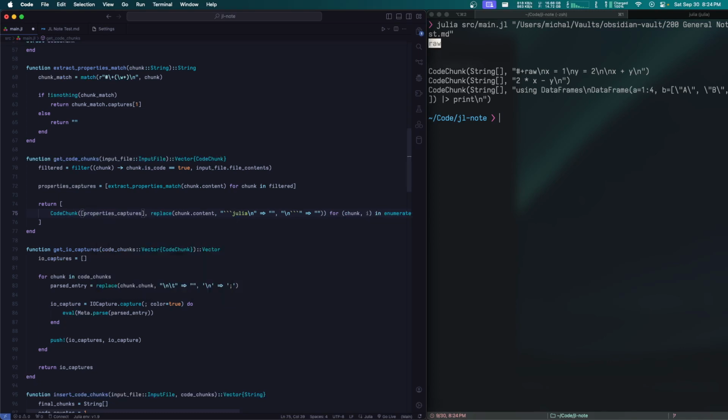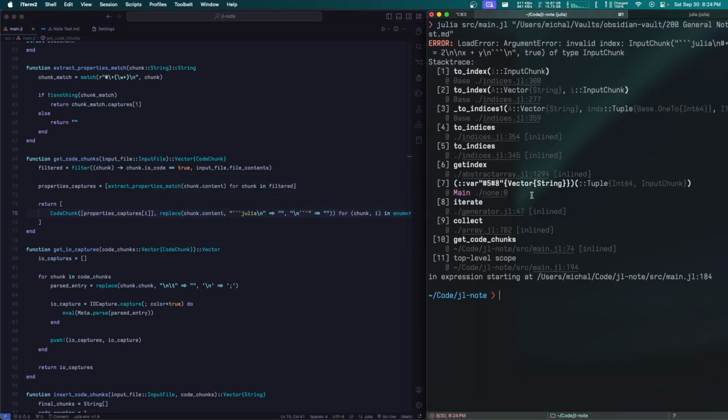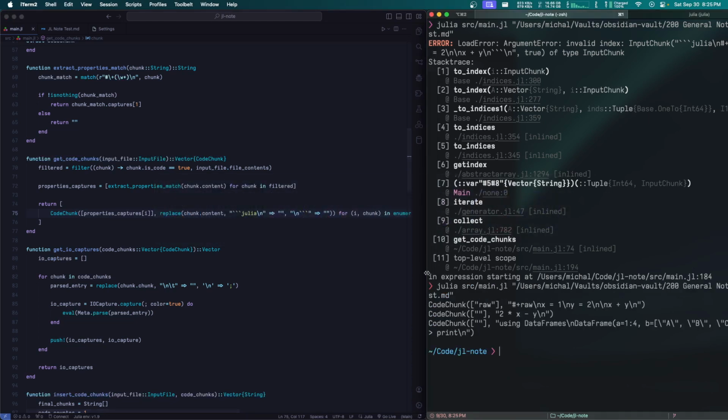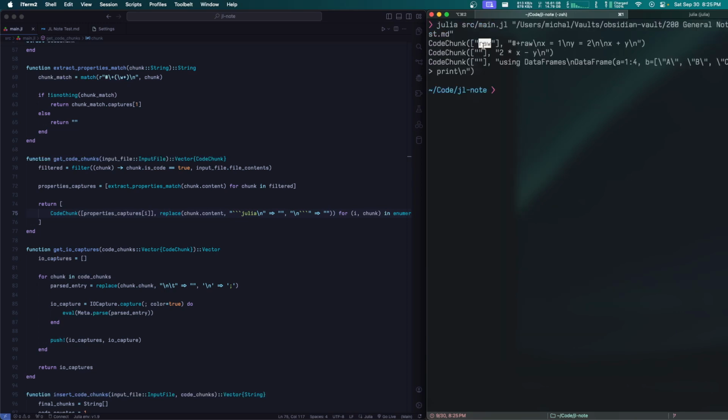Now properties captures at i. Run that again. I get an error, of course. Invalid index. Oh, i, chunk. Got my order mixed up. Perfect. There you go. So now we have the property properly parsed out of the string. Oh yeah. Also, oh right. I need to actually get rid of the